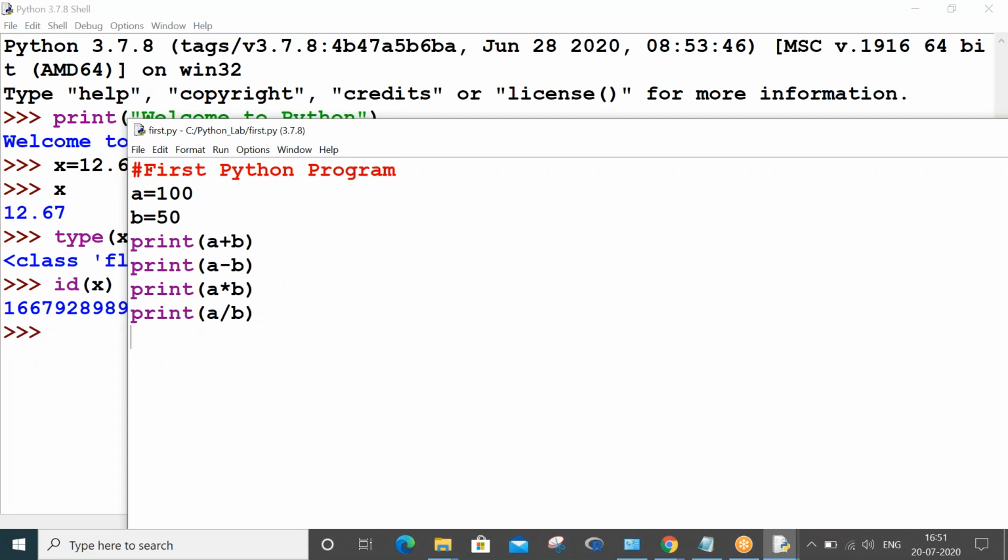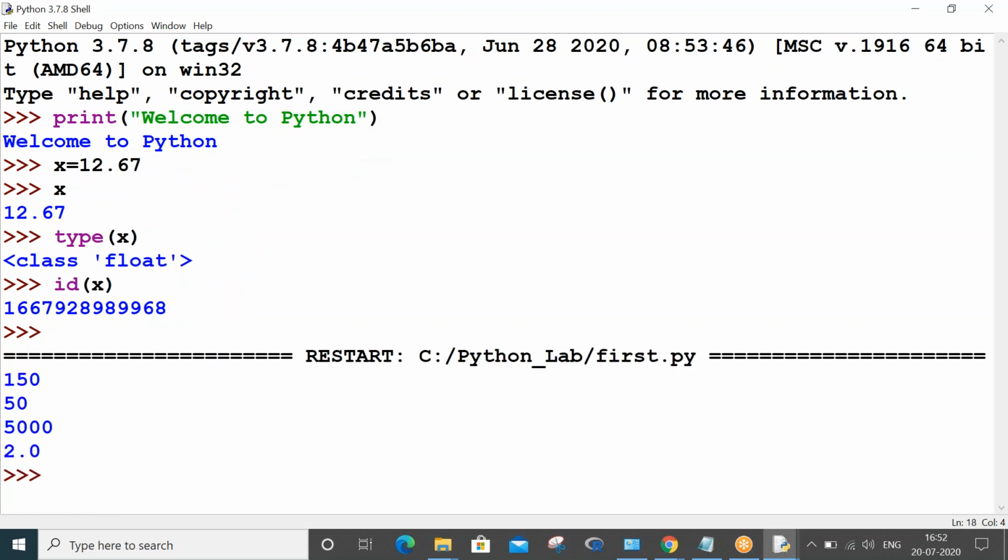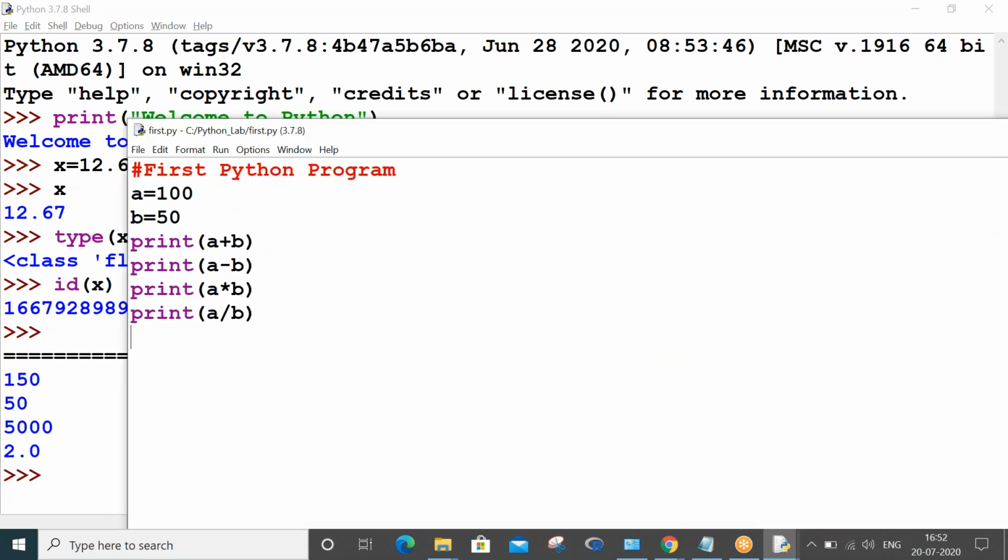Now how do you execute your Python program is, you have to go to Run. You can see on the top menu bar the fourth option is Run. Click on Run. Automatically you can see Run Module. So clicking on Run Module, your program gets executed, right? The output of your program you can see in the behind screen. So that is the Python shell.